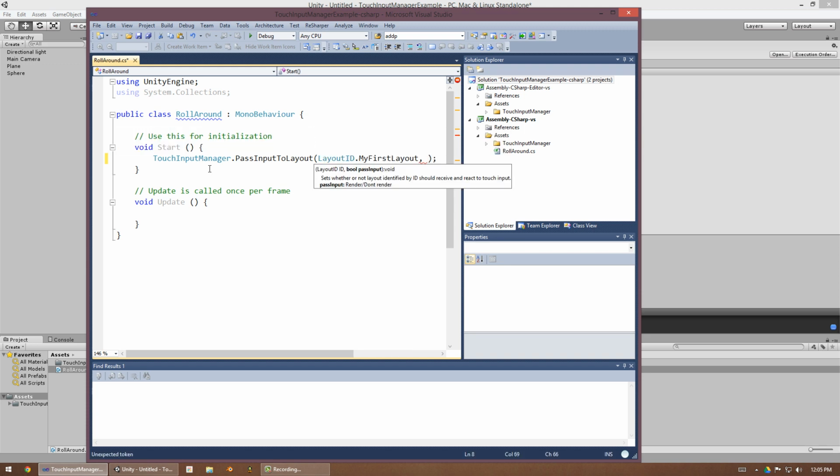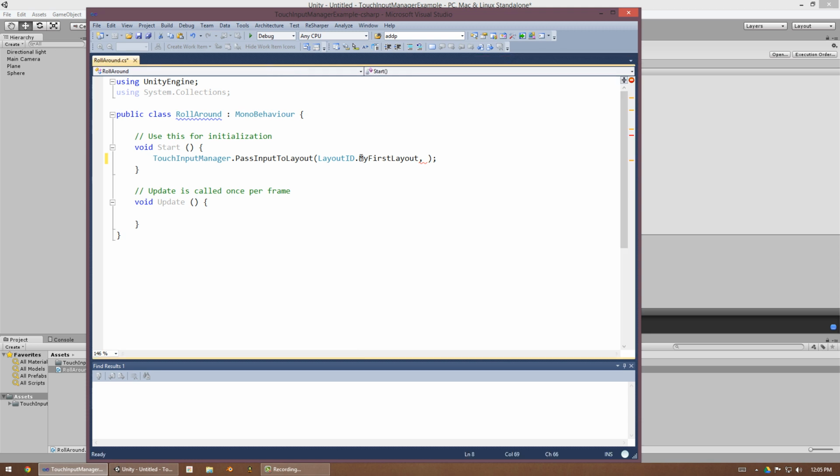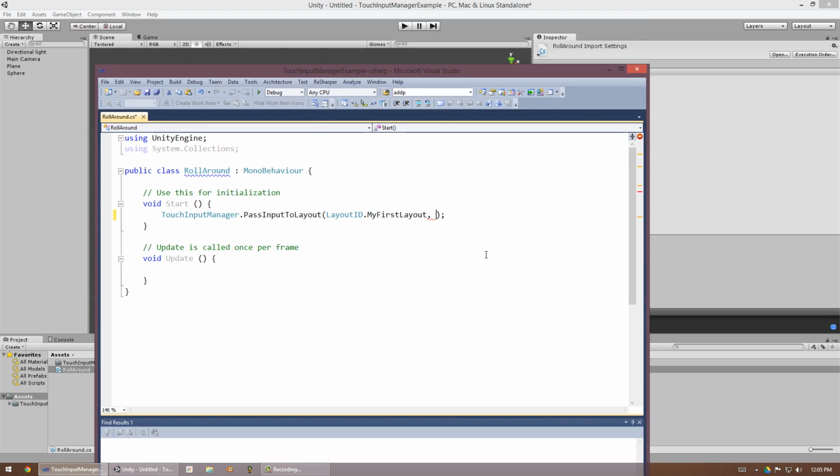So we enter that, and that tells Touch Input Manager that we want to pass input to that layout we defined in the editor. We say true because we do want to pass input to it. Secondly, exact same thing, but